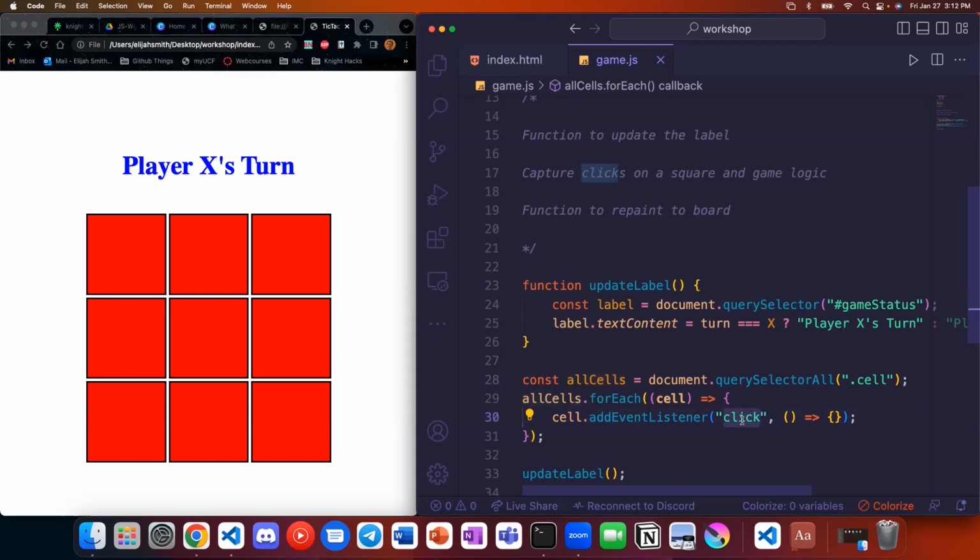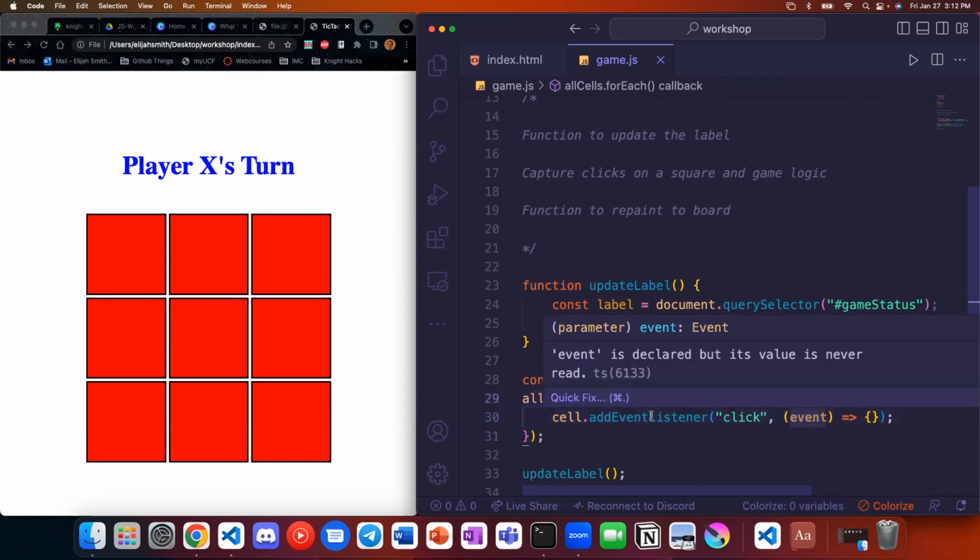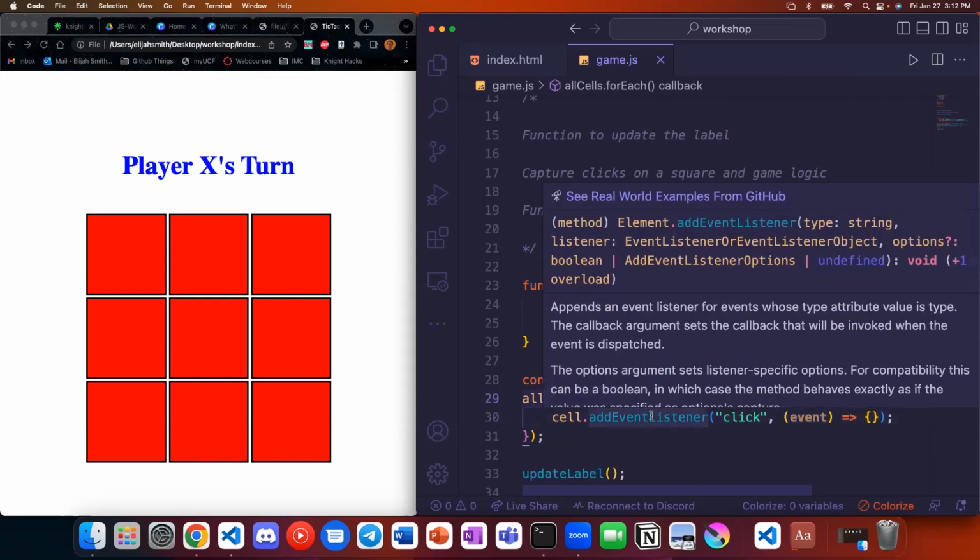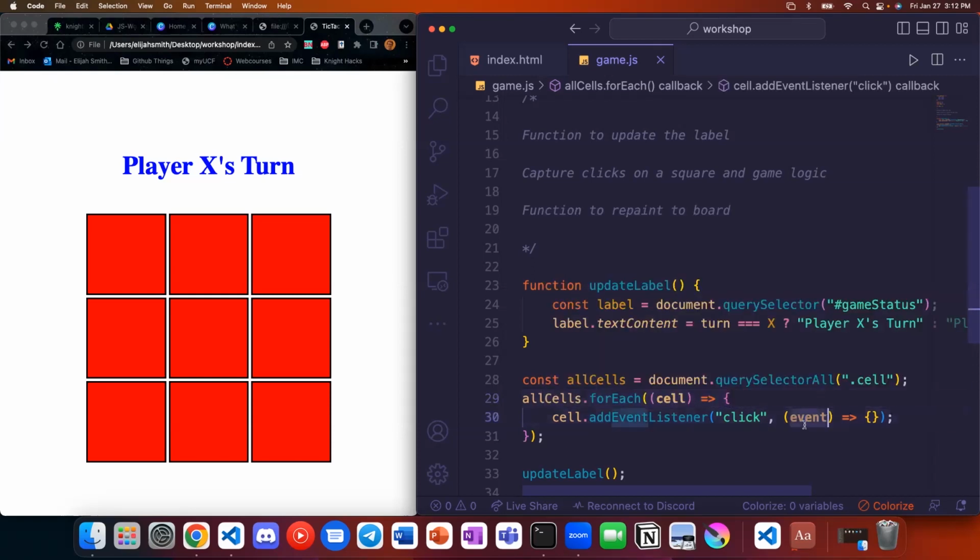In this case, we want click, but we could change this to mouse over, I think is the event, and that would also work. We're going to keep this as a click. If we want a reference to the actual event itself, then we can put it in here. These events usually return back a reference to the event that happened. I don't think we need this here, so I'm going to keep it out.